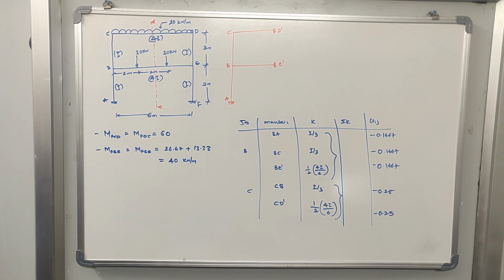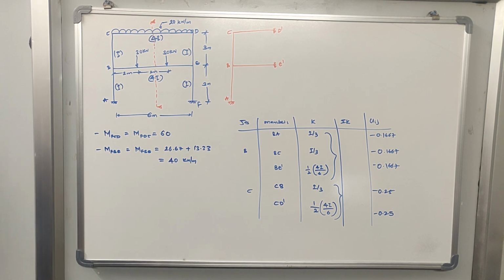Okay, so I have applied all the conditions. The first condition is to look whether there is a horizontal force or not. The next condition is to look whether there is unsymmetrical loading or not. The third condition is to look whether there is unsymmetry with respect to length. The fourth is to see whether there is unsymmetry with respect to the section, and the last one is to see whether there is unsymmetric support or not. So we have looked into all these 5 conditions, and from this we have understood that this frame will not sway. Okay, so this frame should be analyzed as a non-sway frame. We cannot analyze it as a sway frame.